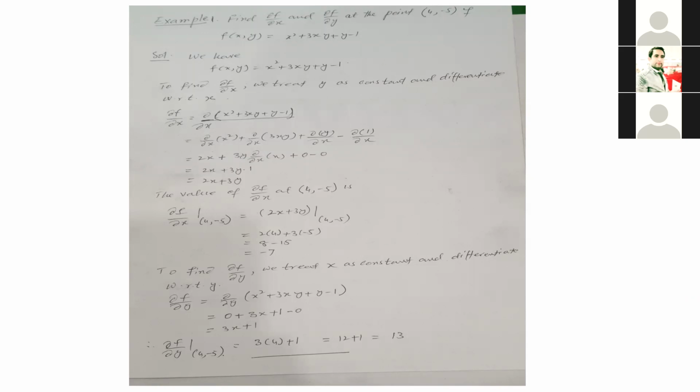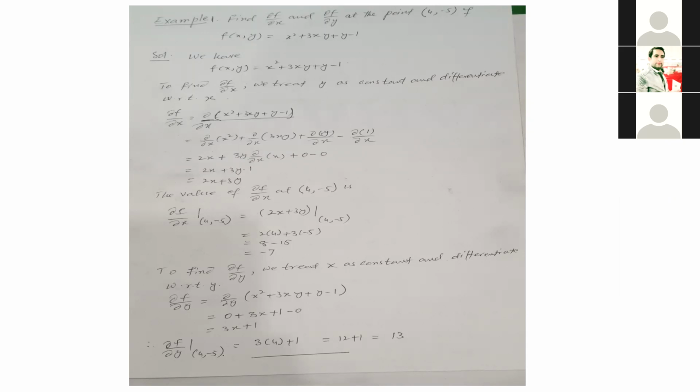We use the power rule. You know that the derivative of x squared is equal to 2 times x. We apply the same rule. Here you have x squared and we are differentiating this with respect to x. So you get 2x plus, as I said, in the next term we have